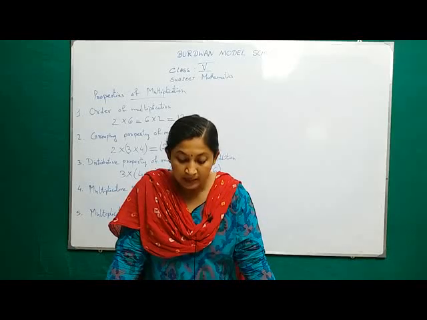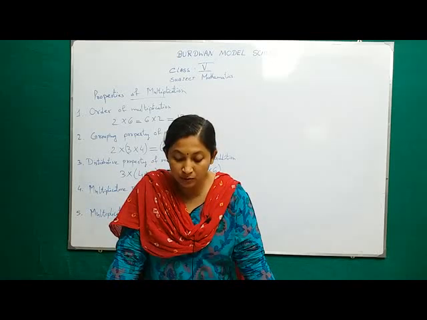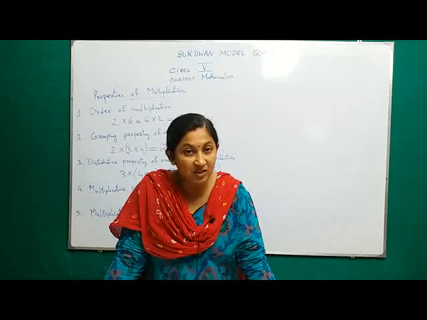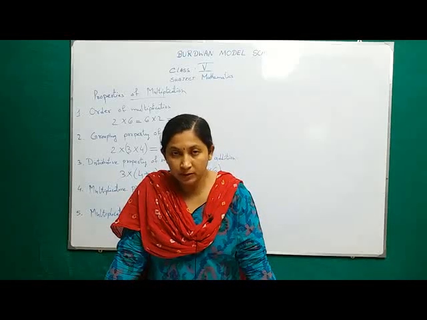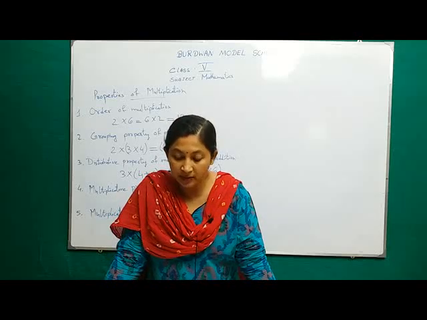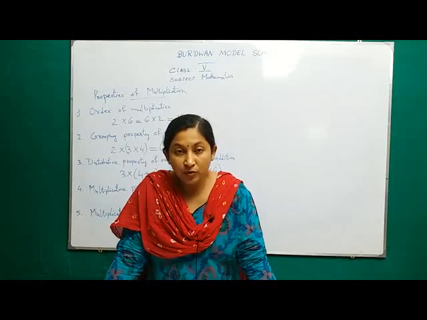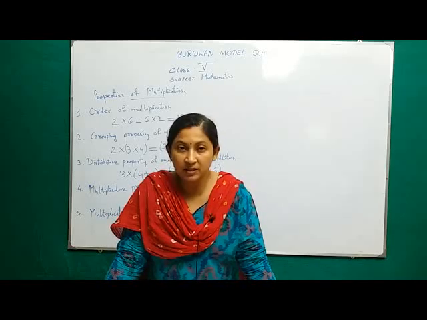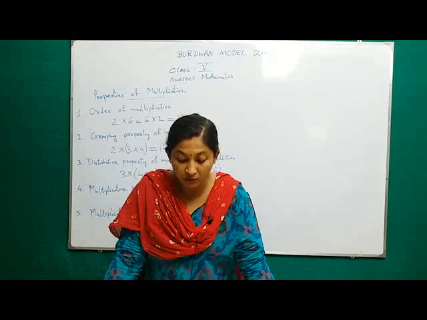Number A. See, it is given 1485 into dash is equal to 2346 into 1485. That means it is following the order property. When the order is changed, the answer still remains the same. You will do these questions in the book only, and I am not writing them on the board since they are given in the book, and you can do them on your own.